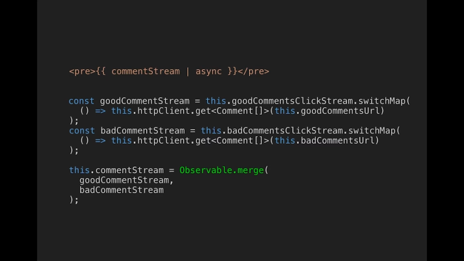And at the end, we have to merge these two observables. So we have a single assignment to the comments stream. We create the observable that represents the data that will be in the template in a single place. So now we can't have another developer come in and just drop some code somewhere in the middle of our component and assign to the comments field. They would have to somehow touch this single central place. They will have to somehow compose their observable with our observable.